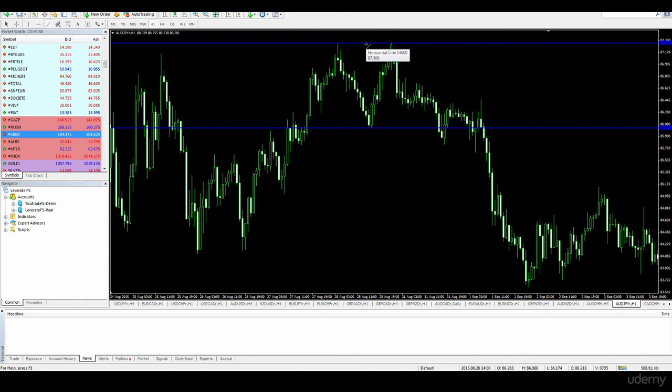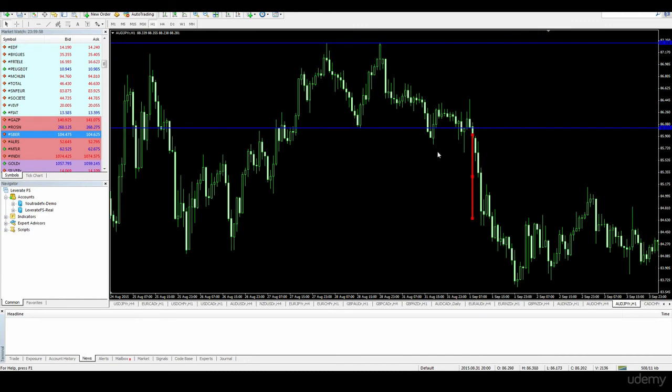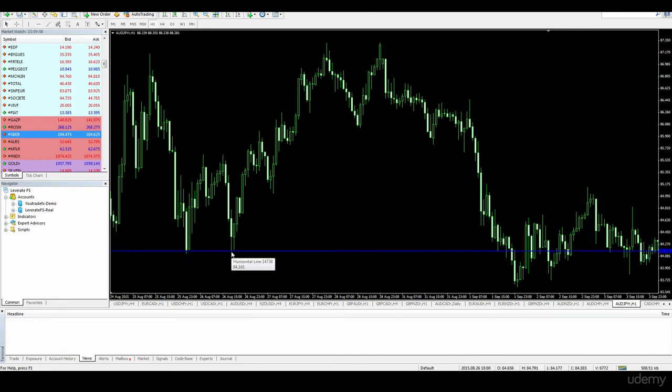The target is, as we said, the pattern's height, or the other option is to move the stop loss and expect a higher profit. We can notice the double bottom pattern on the graph, which was formed before the double top pattern. We see two bottoms at the same level. We'll draw the neckline,